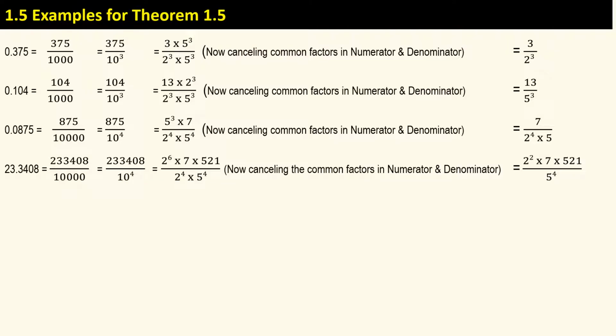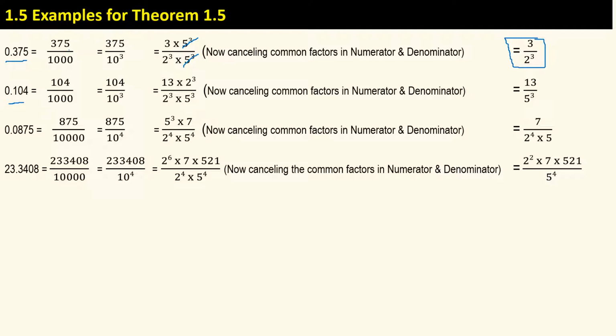So now let's take some examples which pertain to theorem 1.5. Let's consider 0.375, which is equal to 375 divided by 1000, which can be factorized and written as 3 multiplied by 5 raised to power 3 divided by 2 raised to power 3 and 5 raised to power 3. Now we can cancel out the common ones. 5 raised to power 3 goes out, and we are left with 3 divided by 2 raised to power 3. Similarly,